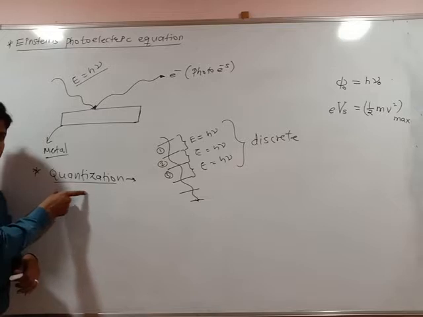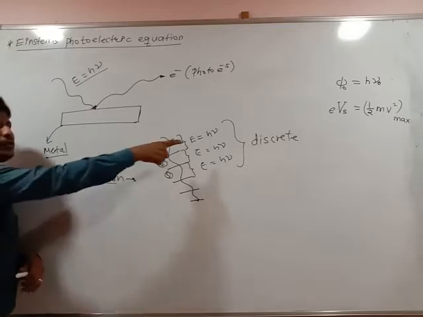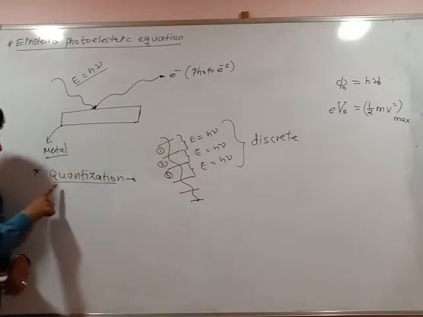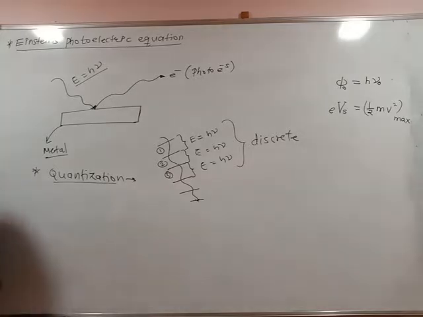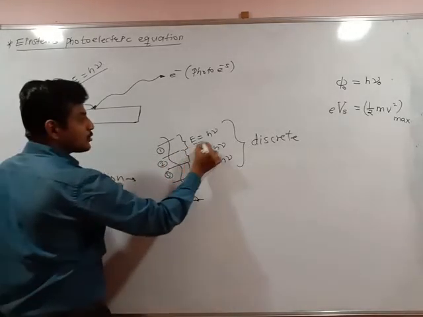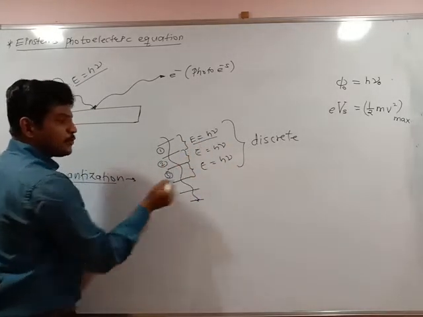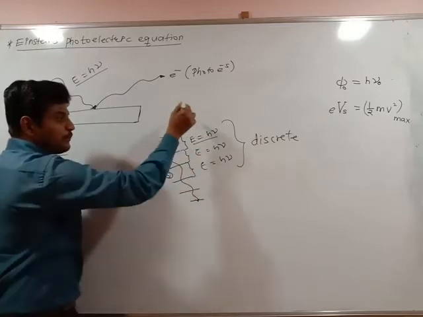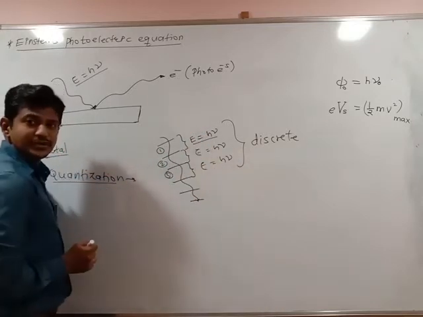It is said to be the distribution of continuous energy into discrete energy. That process is called quantization. म्हणजे बघा इथं काय झाली, एनर्जी क्वांटाइज झाली, म्हणजे प्रत्येकाची व्हॅल्यू वेगळी आहे. E is equal to hν, म्हणजे फोटॉनची एनर्जी किती आहे, hν आहे, बरोबर.